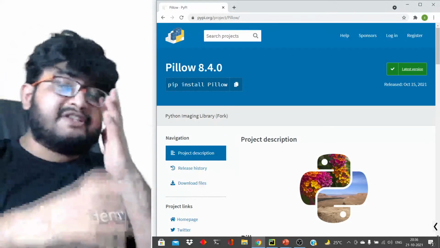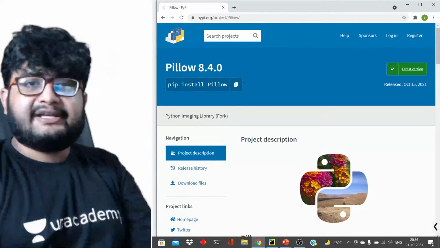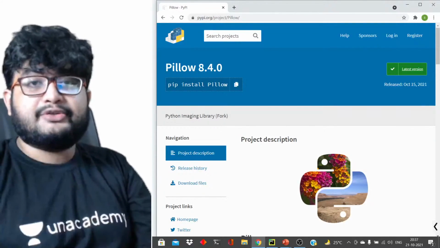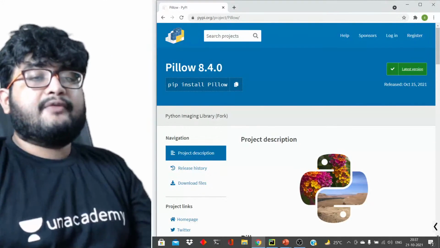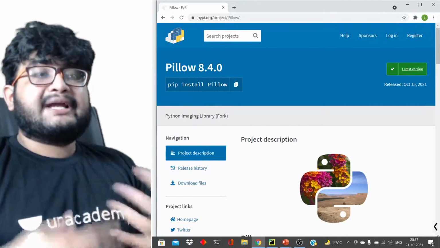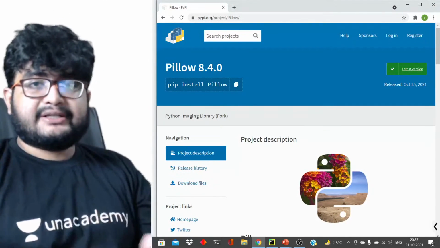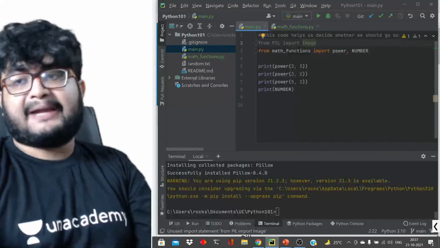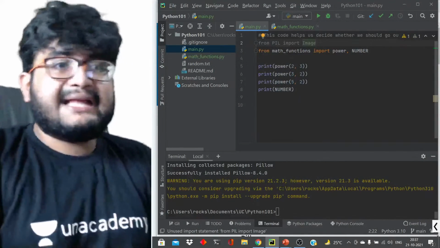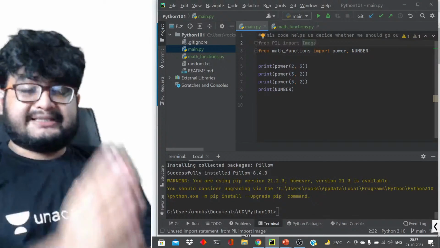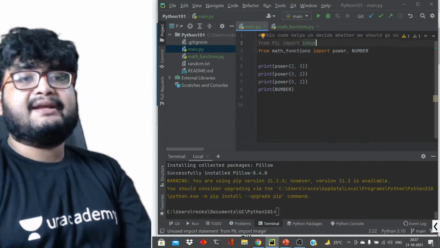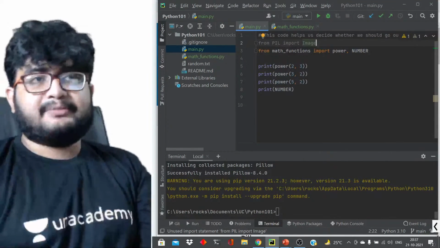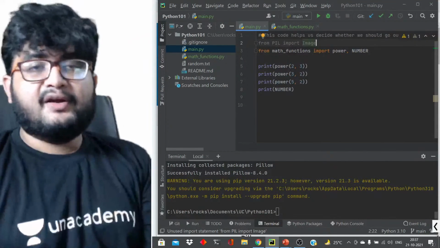Obviously the person is creating it not for himself, it is available for you as well, so that you can use it. You can install it like this and use it, right? So that's about how you can install packages or libraries in Python. Okay, so let's end the class here, and let's meet again in the 8:45 class, right? We'll continue from this part. Wherever we are leaving here, we'll continue from there.